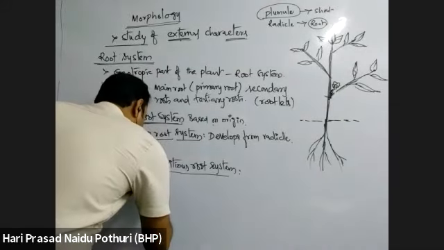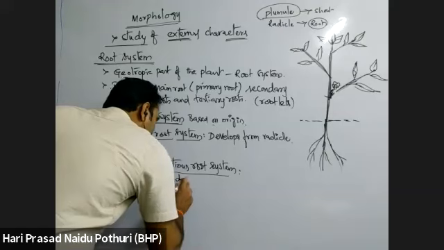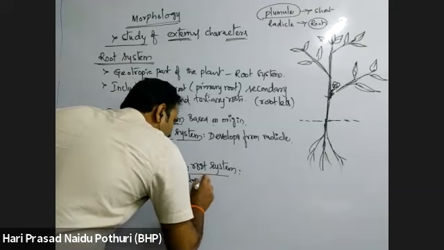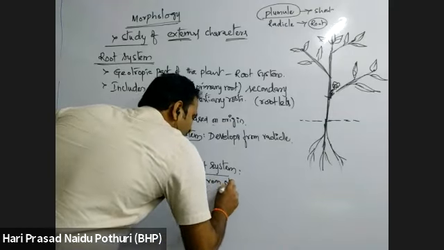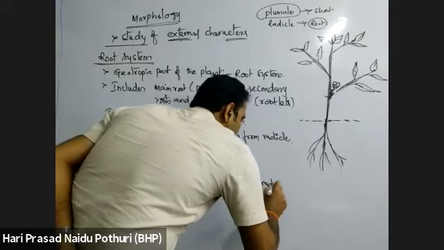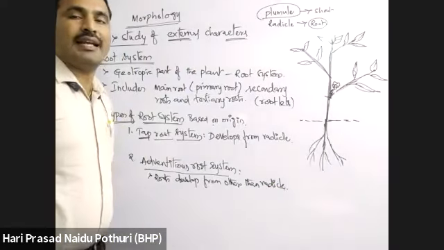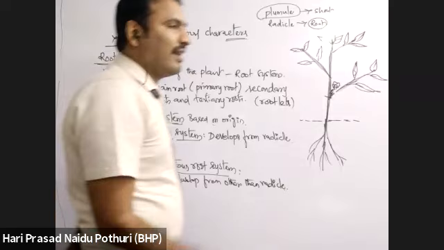Adventitious root system means that roots develop from other than the radicle. If a root is developing from other than the radicle means,